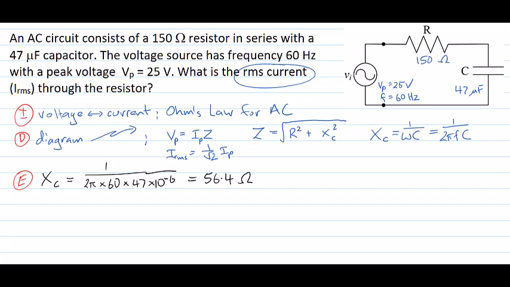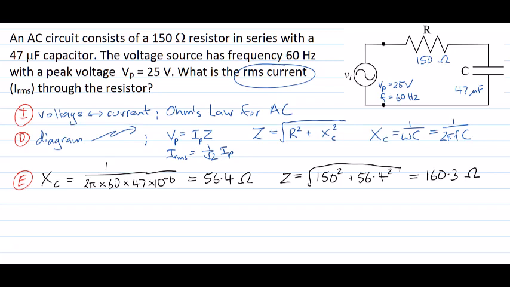Now, with that capacitive reactance, we can calculate the impedance for the circuit. Of course, the reactance and the impedance here depend upon the frequency, so it won't just be an absolute value, but the value that's happening when we've got a frequency of 60 hertz. That will again be the square root of the square of our resistance, which doesn't depend upon frequency, plus the square of our reactance, which we've just calculated for that particular frequency. When we do that calculation, we'll find an impedance here of 160.3 ohms.